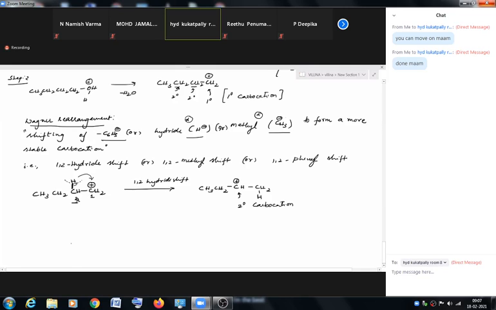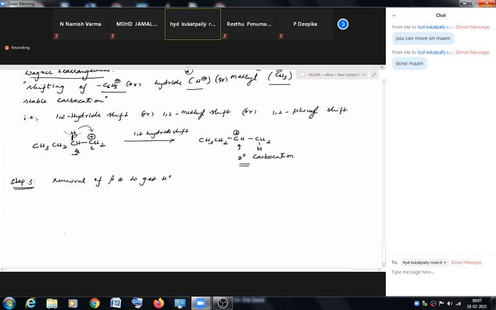You will see very few examples of this, but mostly it will be a hydride shift or a methyl shift. So this is step 2, where the primary carbocation is converted into a secondary carbocation, which is a more stable one. Now in step 3, the removal of this H plus will happen, so that we end up having an alkene. So here we have removal of beta hydrogen